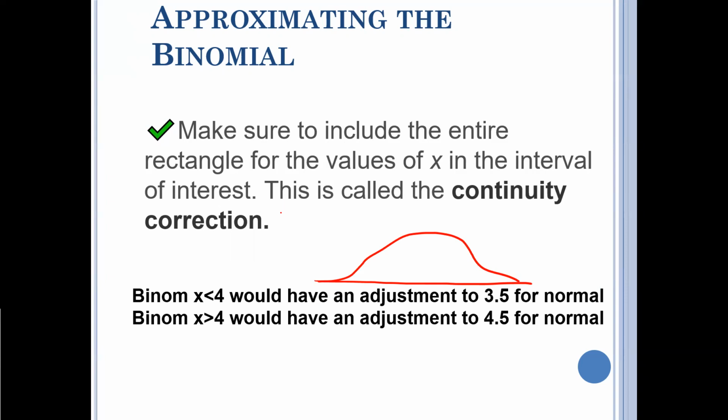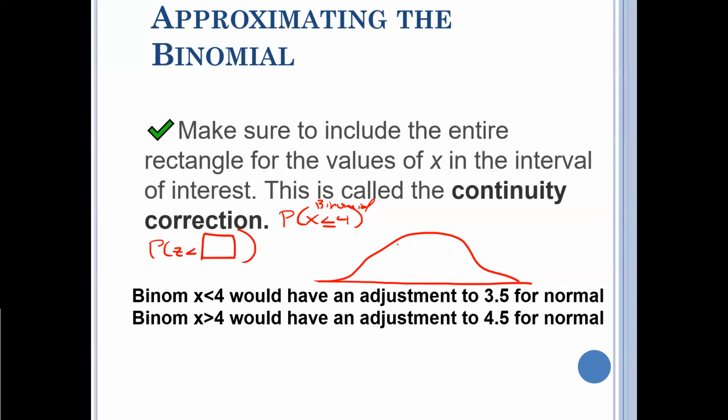And they say, okay, approximate the probability that x is less than or equal to 4. This would be for the binomial, right? The binomial of less than or equal to 4, and then they want you to figure out what it is for the normal curve, right? So kind of think of like a z. What number should we put here to give us the more